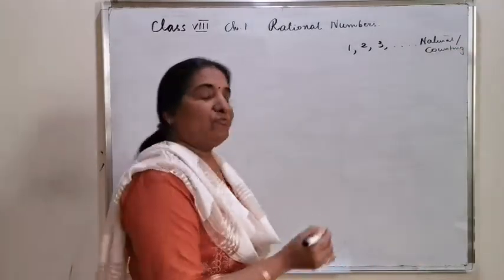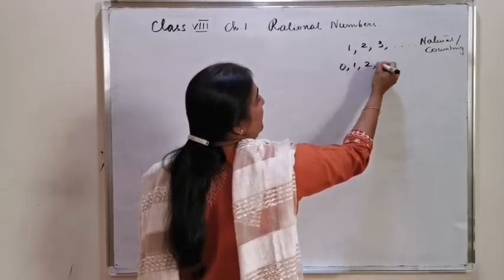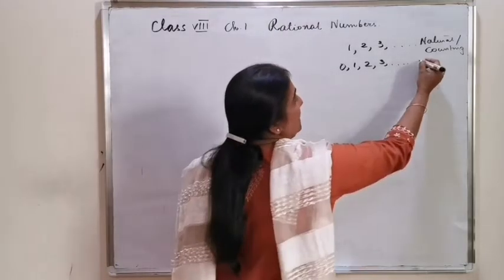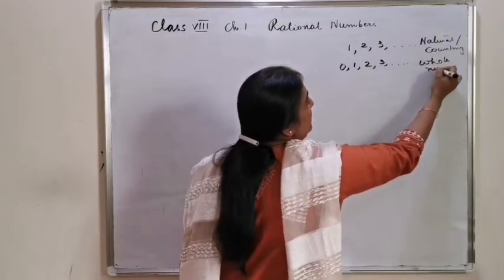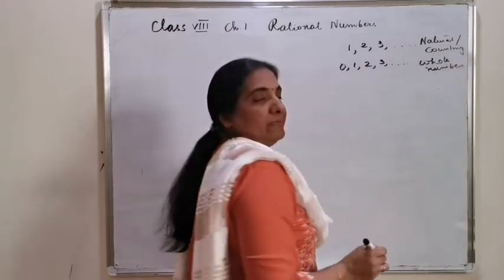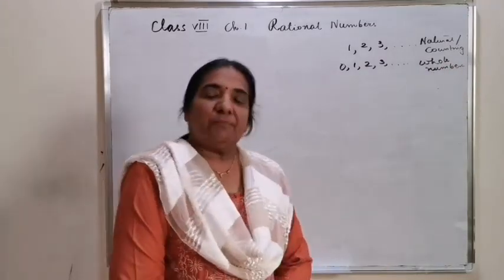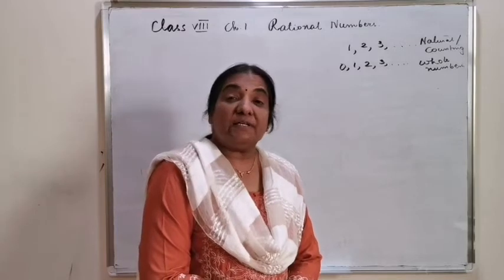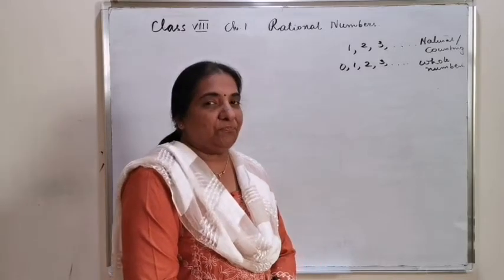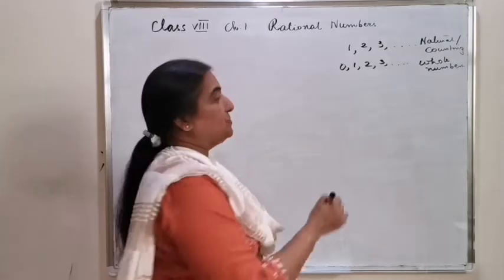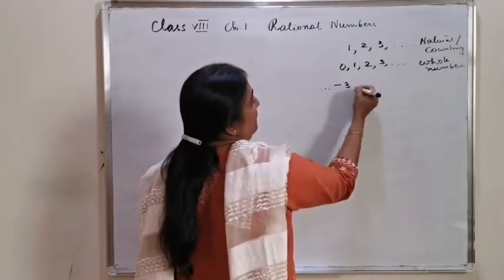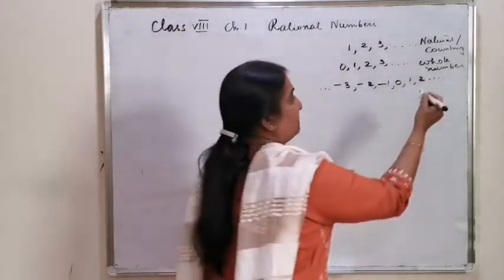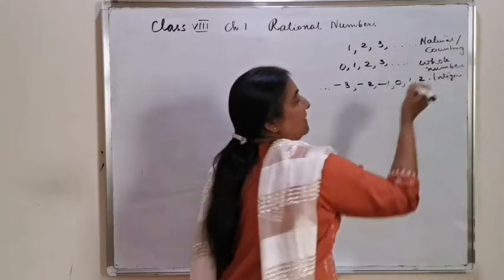With the inclusion of 0, the set of numbers 0, 1, 2, 3, etc. is named whole numbers, and any natural number or whole number can be represented on a number line. There were numbers below 0, by which you were introduced to the set of integers with negative numbers, that is, numbers below 0, and